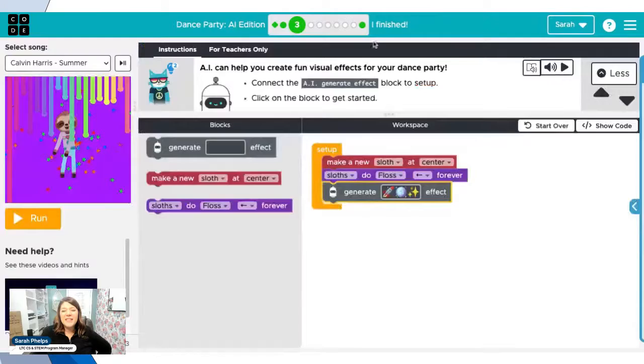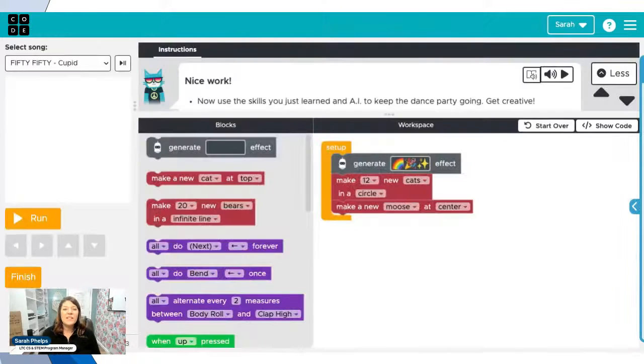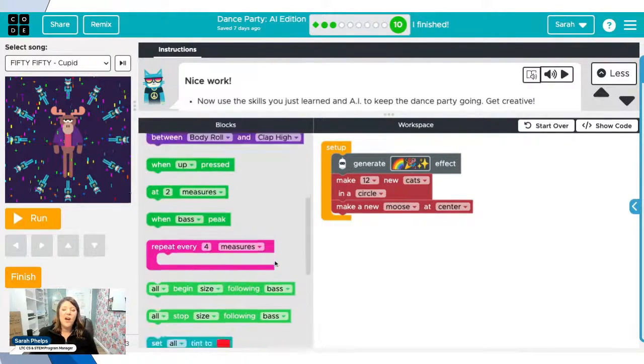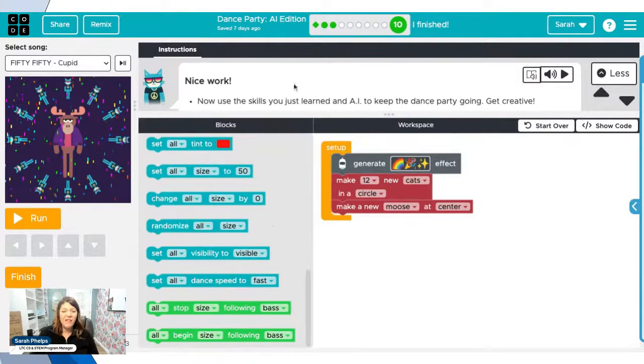All right. So as you can see, you keep going, you keep going, you keep going. You learn more. You learn how to control your dancers differently. You get to learn more about computer science as you go. And then at the end, you get to have a full-blown dance party where your students get to use everything that they've learned, everything that they have tried out in all the levels, and they get to build their own amazing final project here. This dance party is such an engaging, fun way.